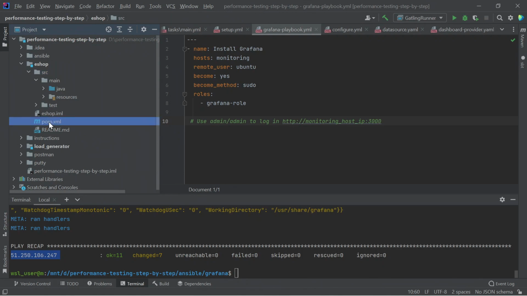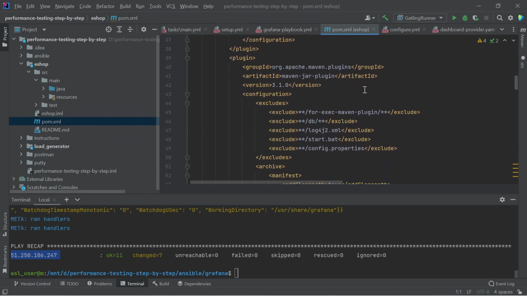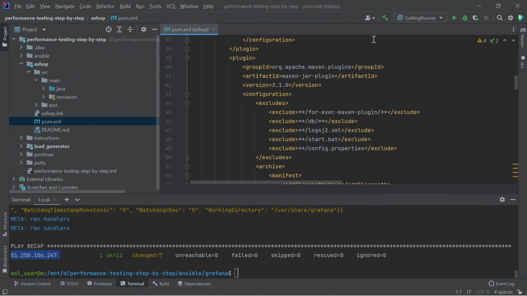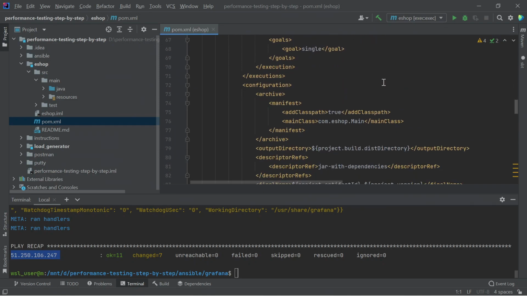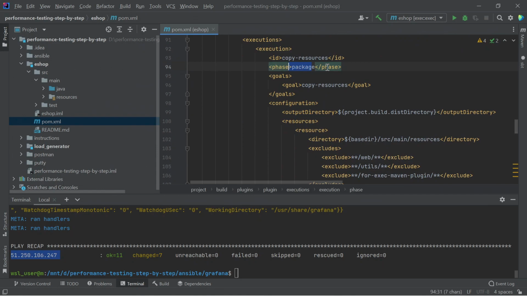First of all, you need to study the contents of the pom.xml file. It is divided into two parts. In the first part, the exec plugin is used. We have already met with it before when we set up the configuration to launch the eShop online store. When it is executed, the store is launched on your local machine. And in the second part, there is a task which will be responsible for assembling the online store into a final jar file, as well as copying all the necessary external resources to the distribution folder.